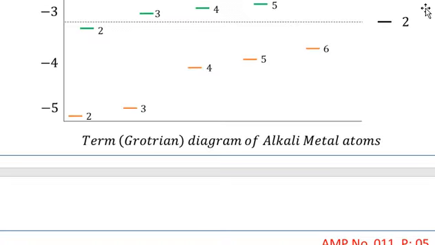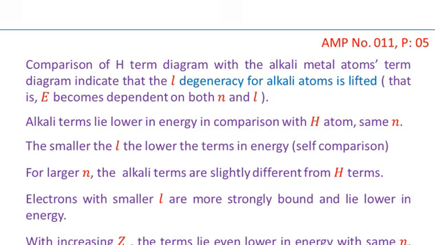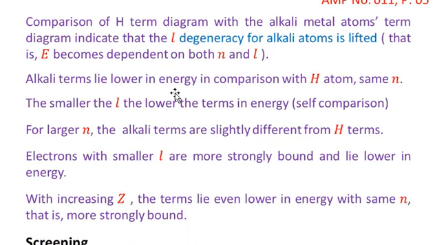For example, the n equals 2 level of the hydrogen atom occurs over here, whereas the n equals 2 level for the lithium atom occurs much lower in energy than the hydrogen atom. So this is what I have stated in words. That is, the alkali terms lie lower in energy in comparison with the hydrogen atom with the same n. The smaller the L, the lower the terms in energy